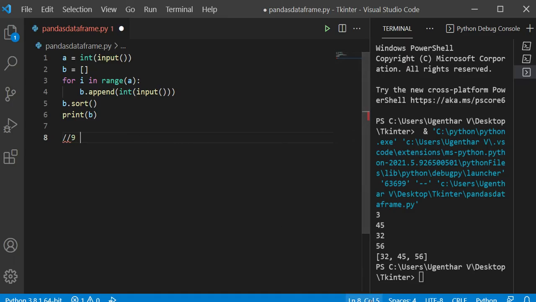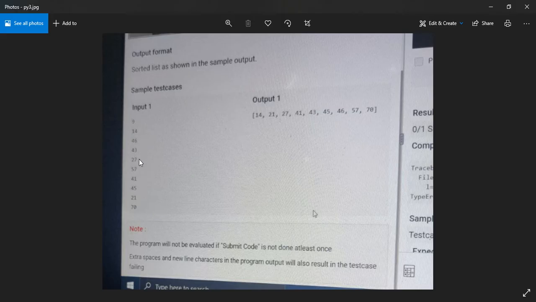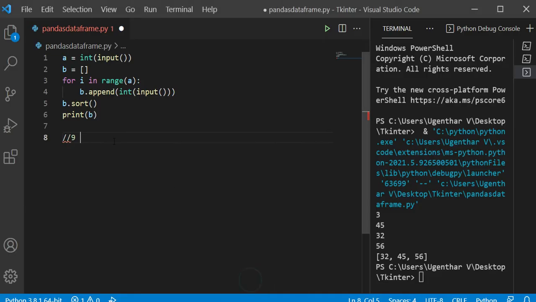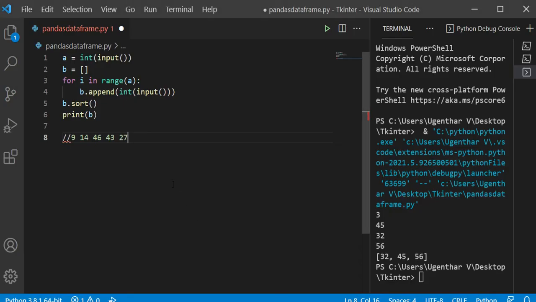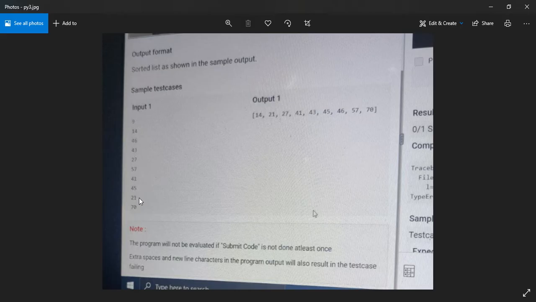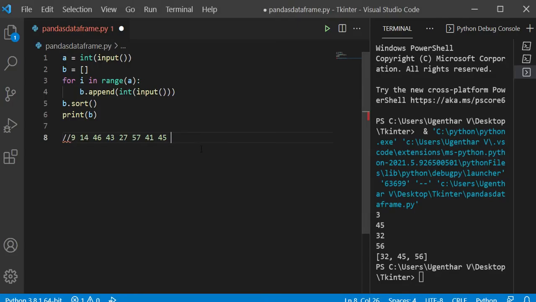The size of the array is 9, and then 14, 46, 43, 27, 57, 41, 45, 21 and 70. Now let us give the input based on the question here.